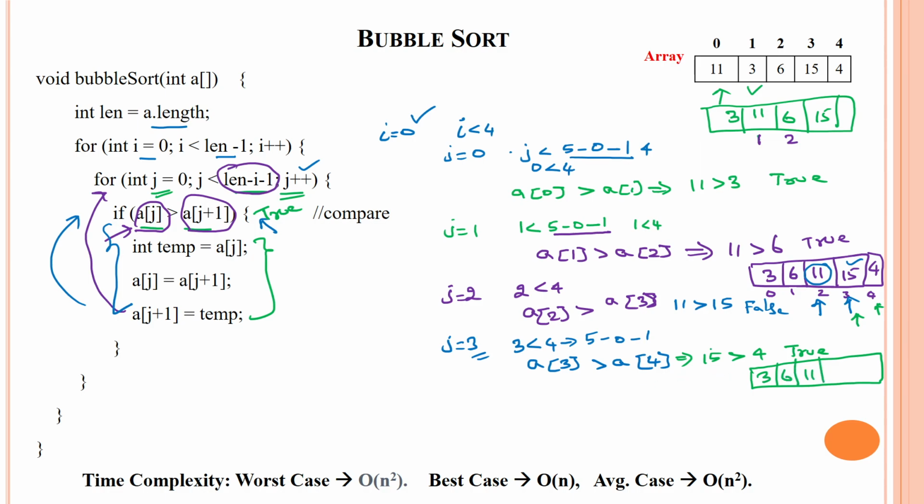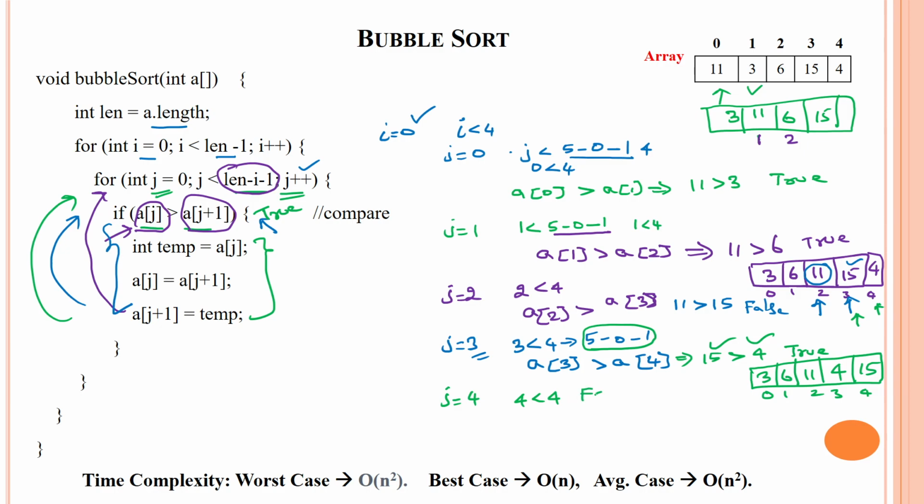Now 15 and 4 are swapping. So here 4 will come into the 15 place, 15 come into the 4 place. So now you look at that, the value 15 is swapped, then j equal to 4. J is incrementing now again. So when j is incrementing by 1, now 4 less than 4, this 5 minus 0 minus 1,